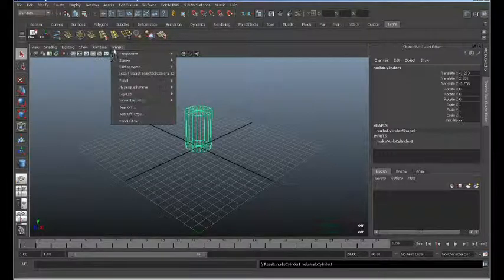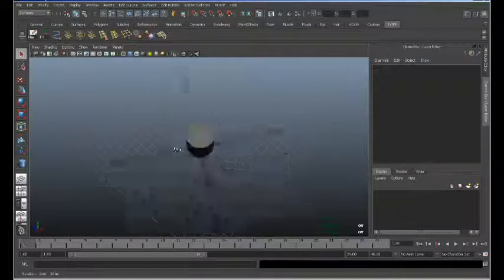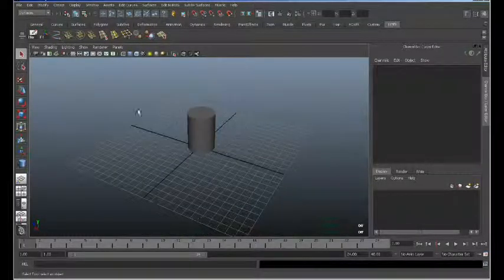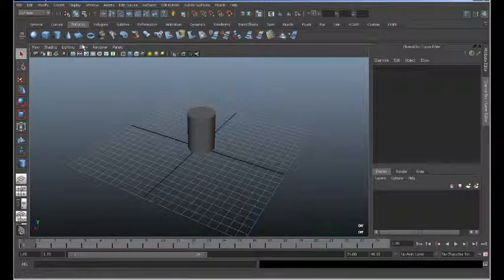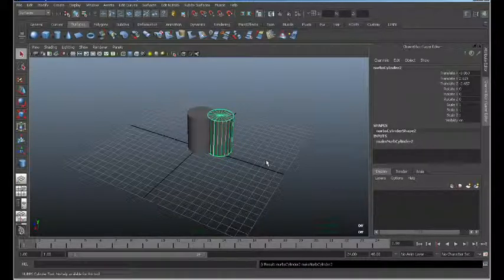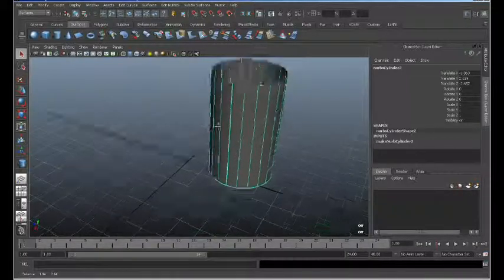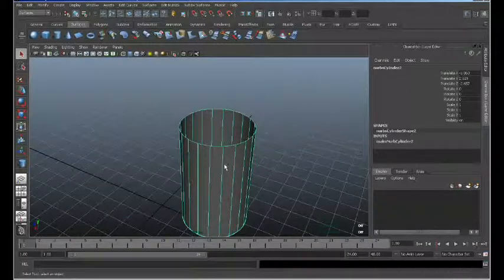Let's go ahead and view that shaded object. Right down here, you can also access your primitives by clicking on the Surfaces tab, and click on your cylinder again. And we'll just delete that so you can see down in there. Alright. If you right click, you can access all of the